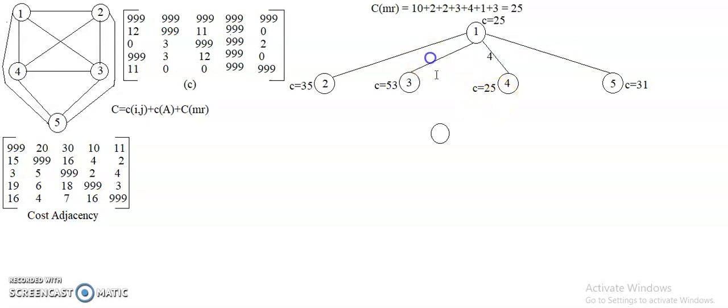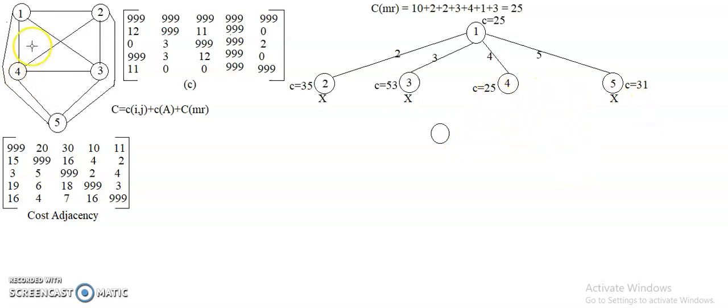The others are 3, 2, 5, so vertex 1 to 2, 1 to 3 and 1 to 5. So there is no root, and I will write it here as x, so that we are not going to explore these particular nodes. We will ignore them. So these 3 nodes are ignored, and now only this node needs to be explored.